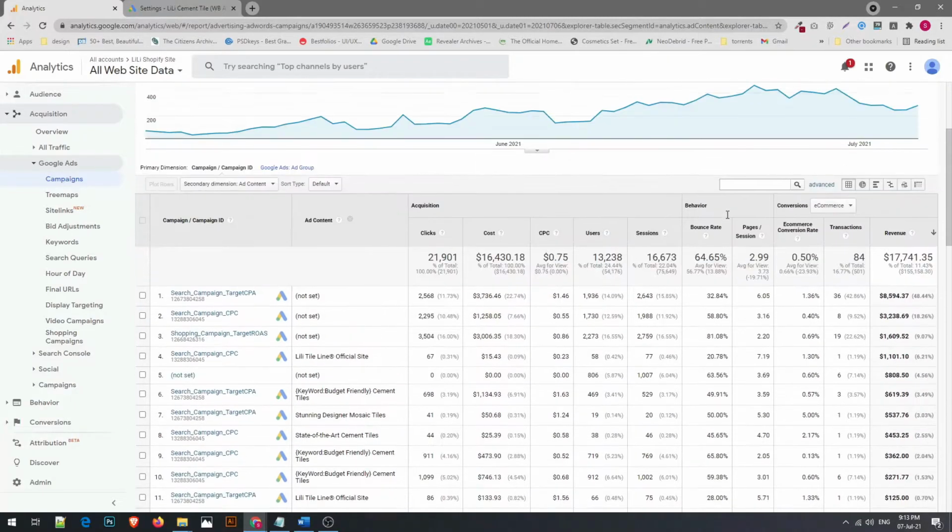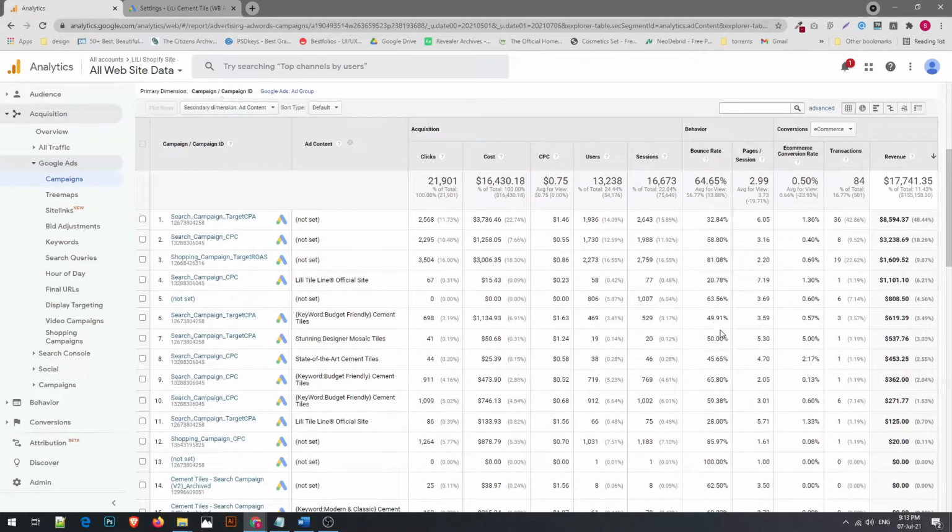Its bounce rate is less than 21-25%. It's just 20.7% compared to, let's say, this one at 100%, or this one at 85%. Right, so you can also see